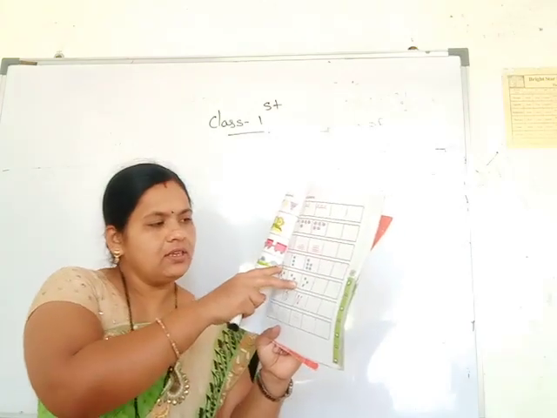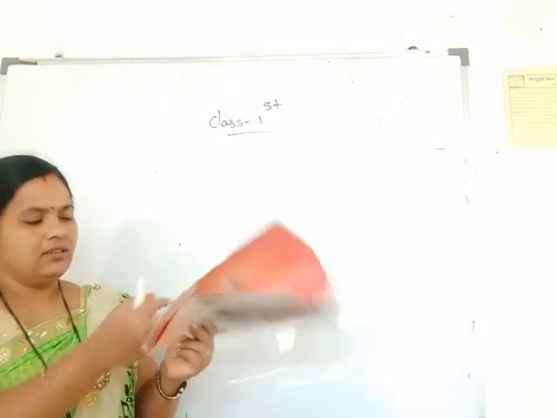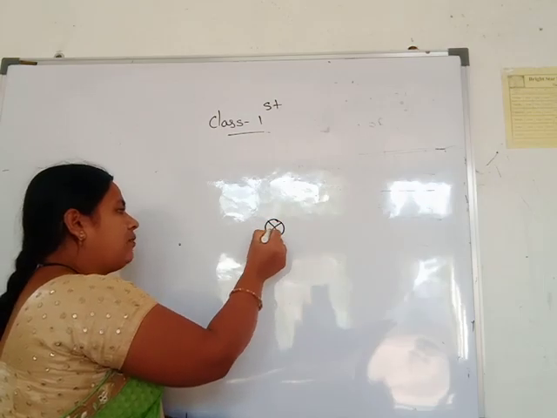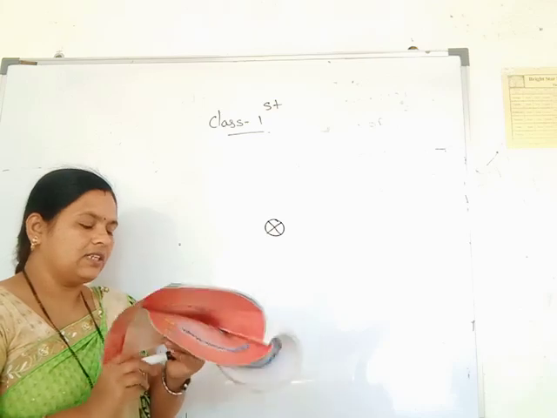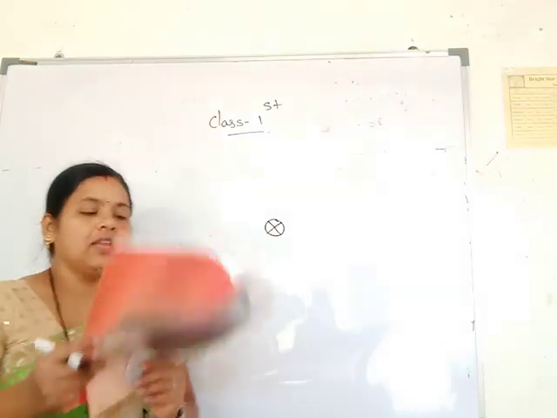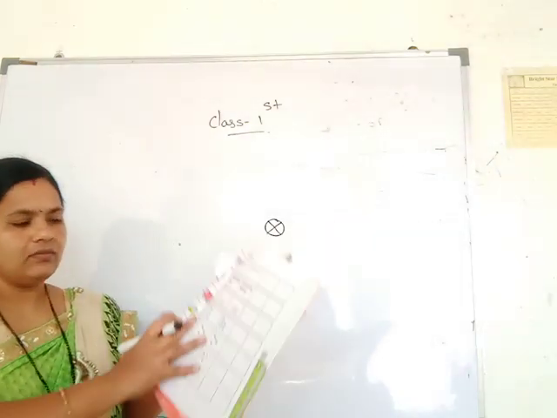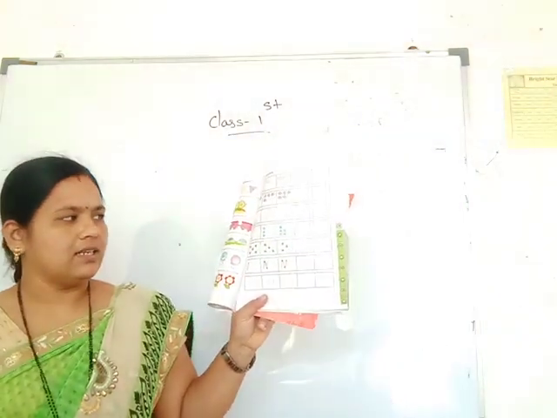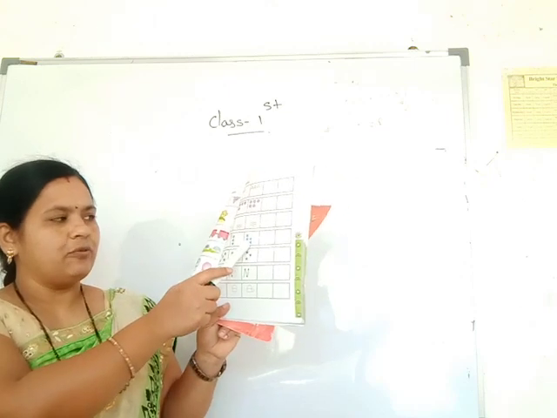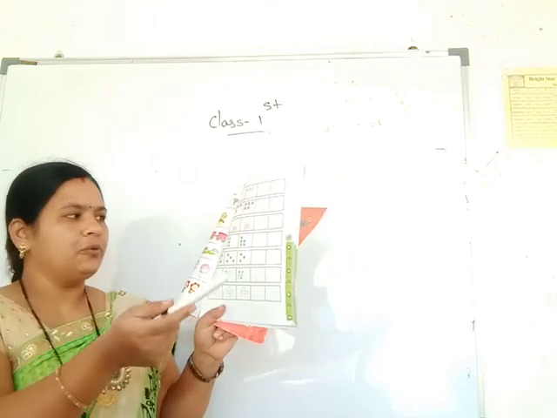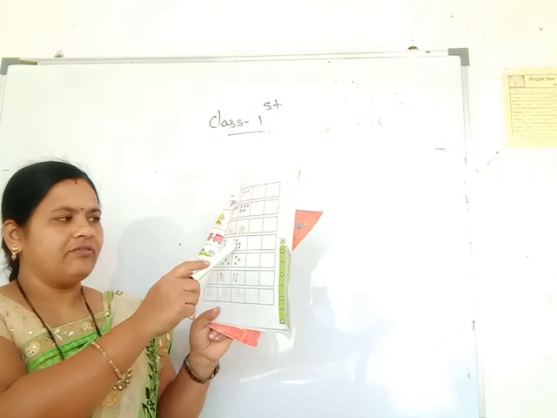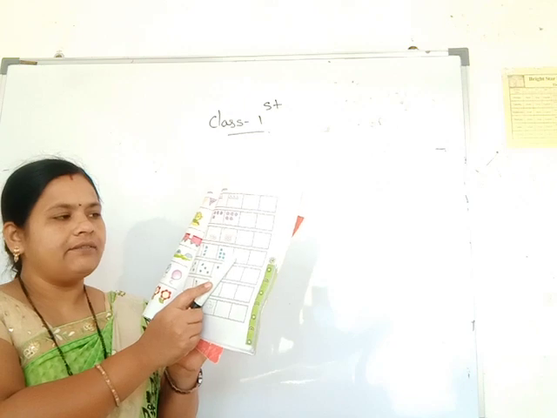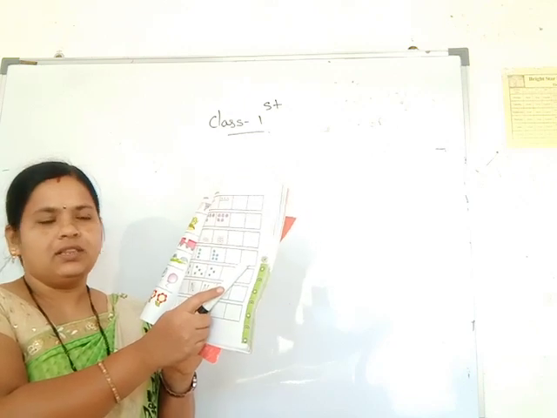Then see this circle, coloring of this circle, and in the middle a cross is given. One circle is given in the first box. In the second box three circles are given, then afterwards five, means adding two numbers: 1, 3, 5. Then in the next box you draw seven circles and afterwards you draw nine.